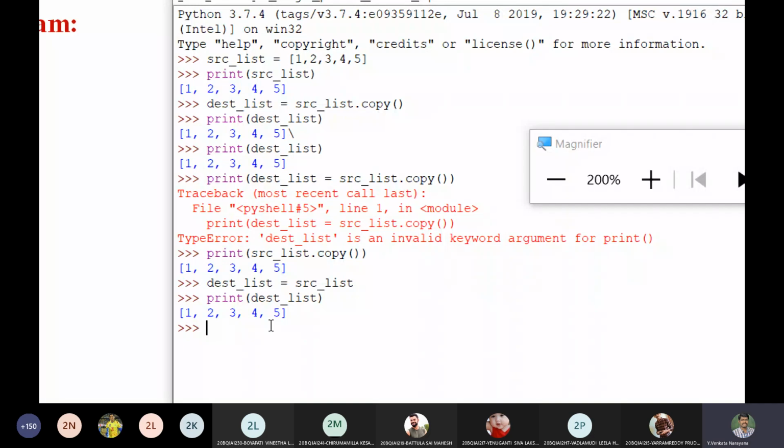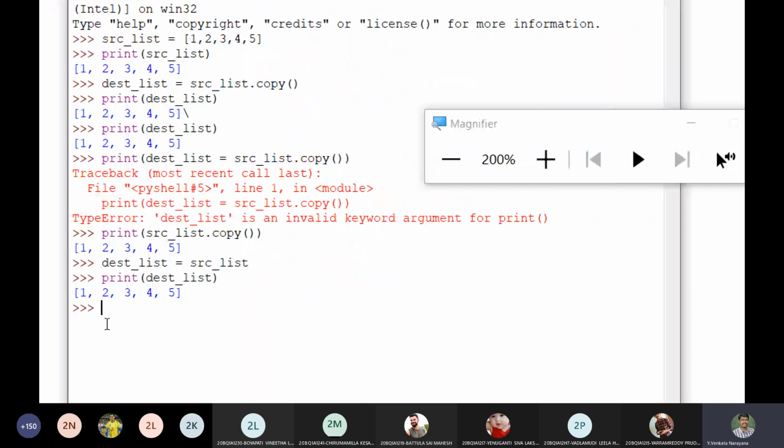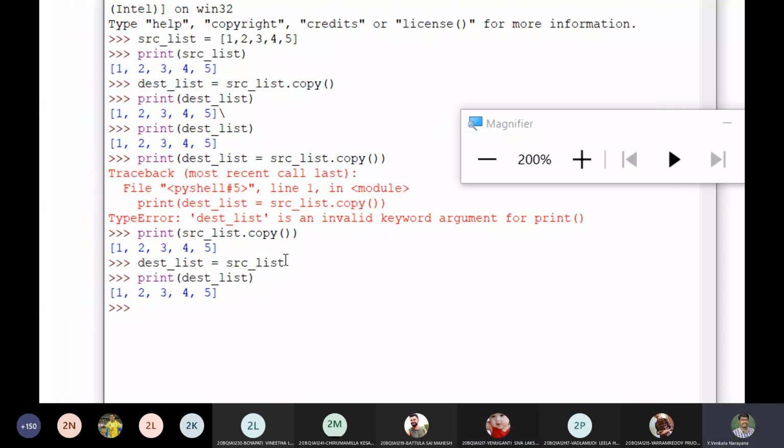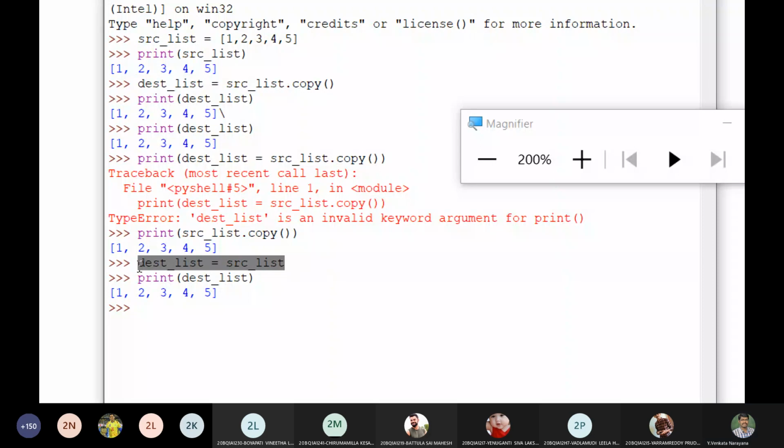Okay, in a similar way, can I use a slice operator to store the source list elements? Yes, sir. Same like assignment, I would like to use a slice operator.